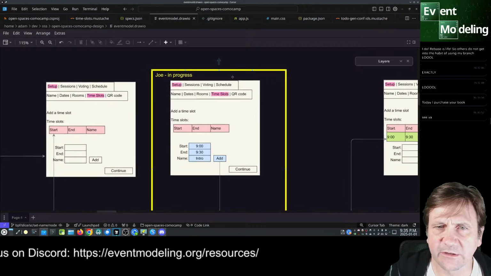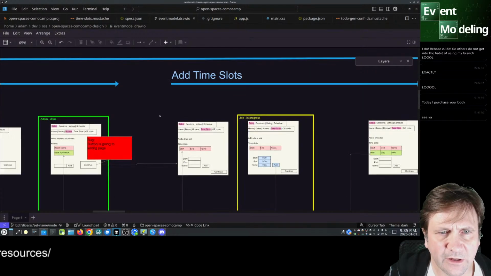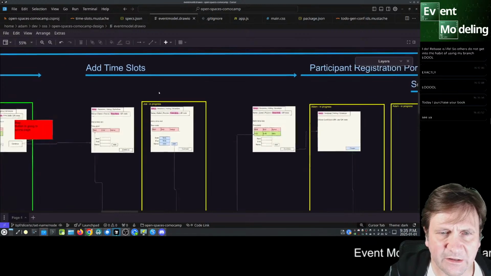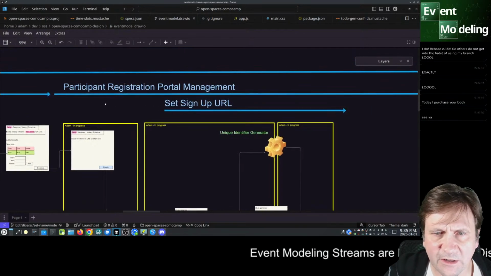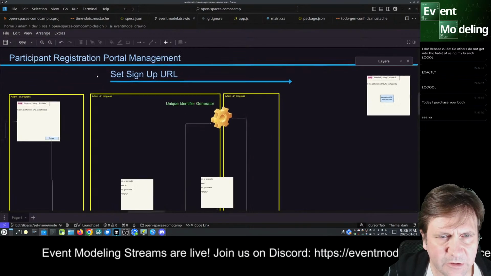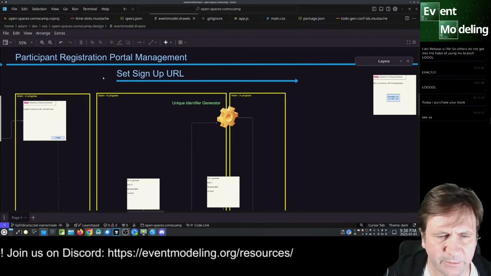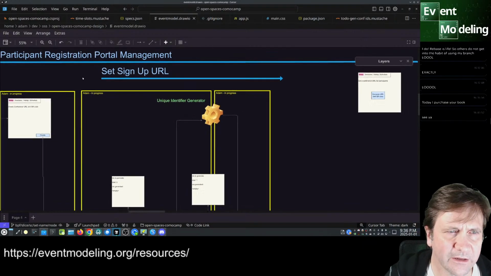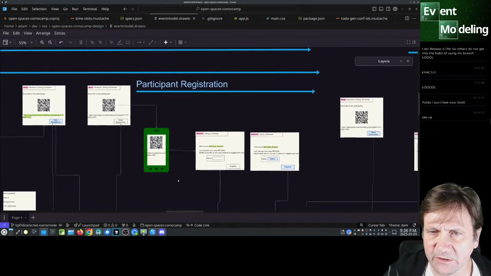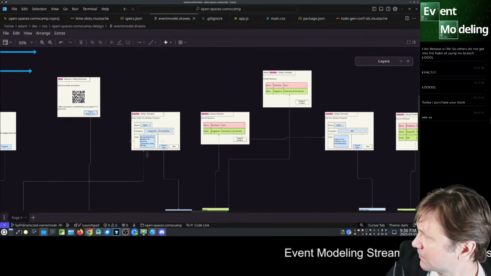It's quite easy. So with event sourcing and event modeling together, we can kind of get through all the things that we need to get through, such as adding the time slots for all the sessions, and then making a participant registration portal as a trusted environment. Someone's going to put up a QR code on the projector or hold it up in their hand. People are going to take a photo of that and navigate to that. And then all the participants here can now add their own sessions and